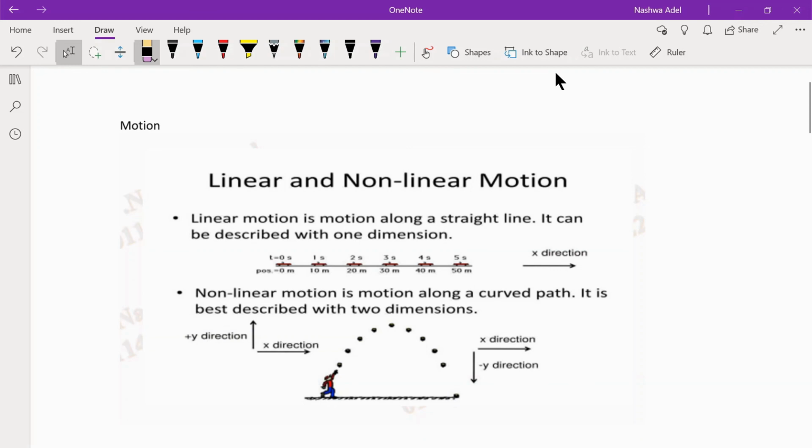Today I'm going to start with your revision for O level. We start from chapter 2, the motion. Okay, so here the motion means